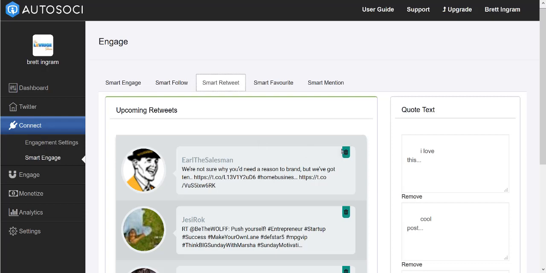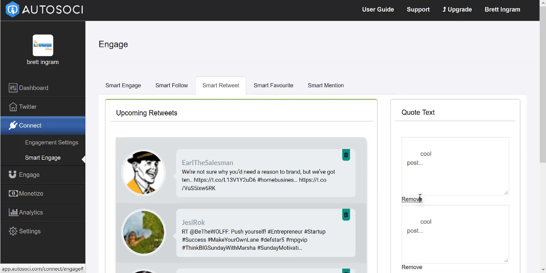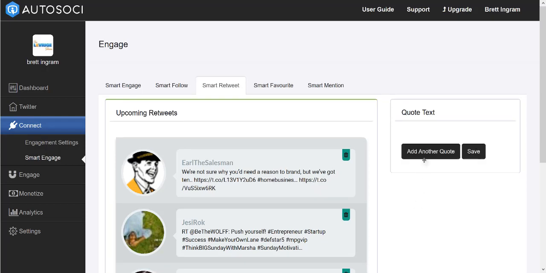Now, here's where it gets really cool. If you go over here to this side, let me just remove these for now to show you how it works. Okay, so if we remove all these, what you can do is add a quote and you can say, I love this post,